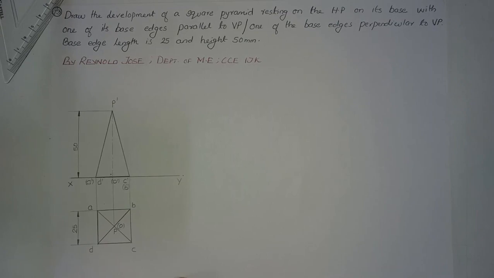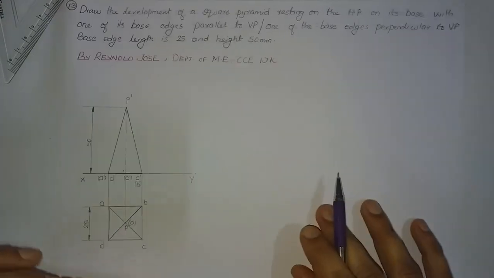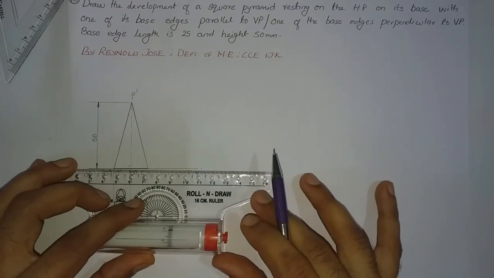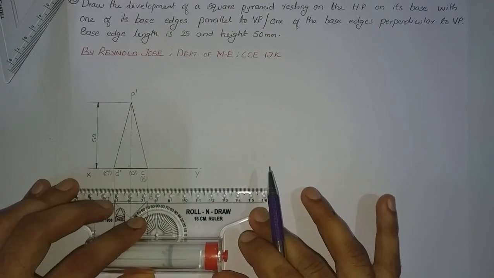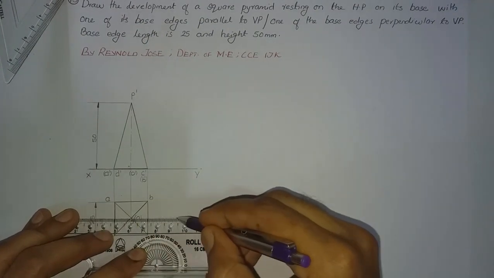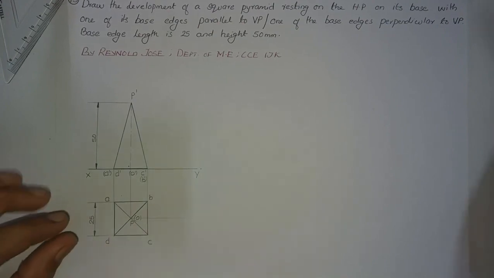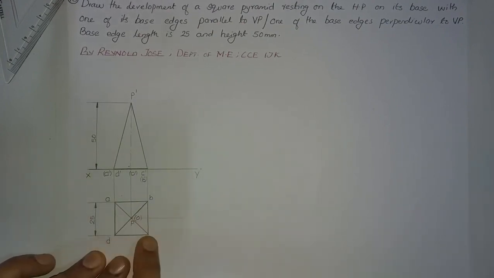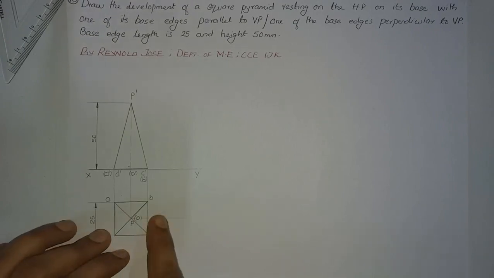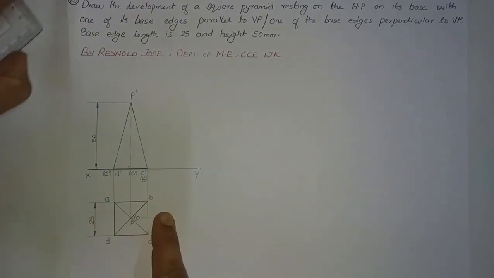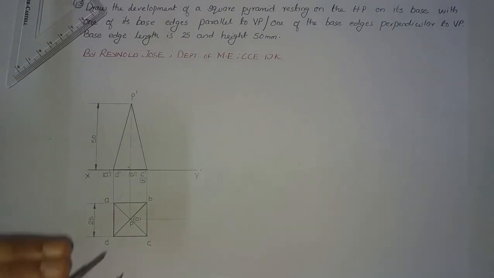Let us observe the procedure for finding the true length of a slanting edge. For that we draw a reference line through the center of the top view. Through the apex, point O, we draw a reference line parallel to the XY line. This is a type B line, a continuous thick line. Now let us take slanting edge PC and rotate it up to this reference line with the help of a compass.